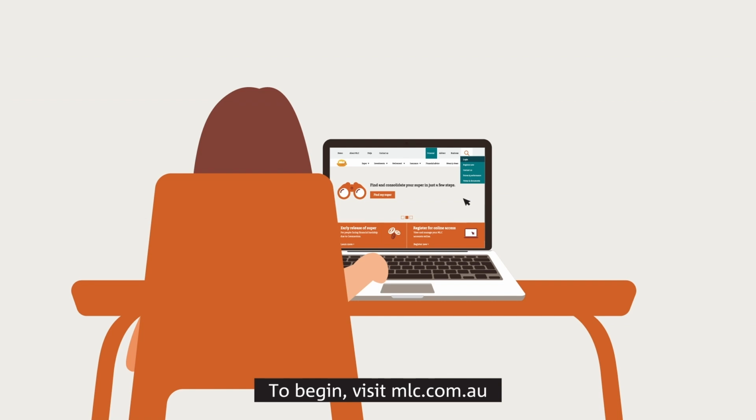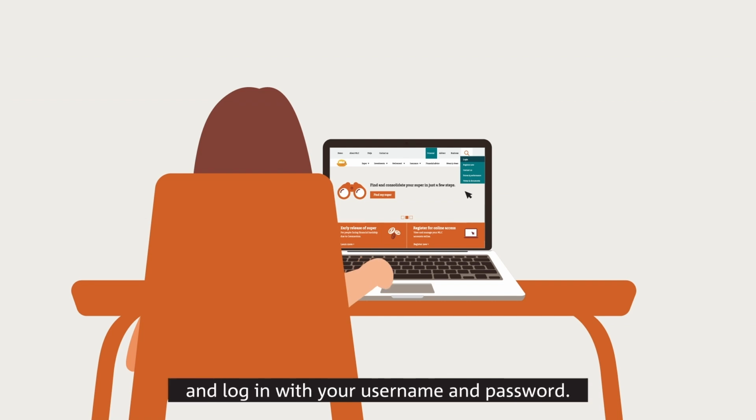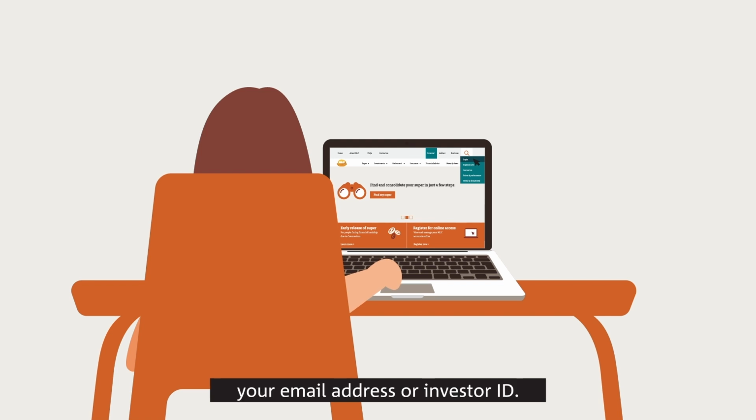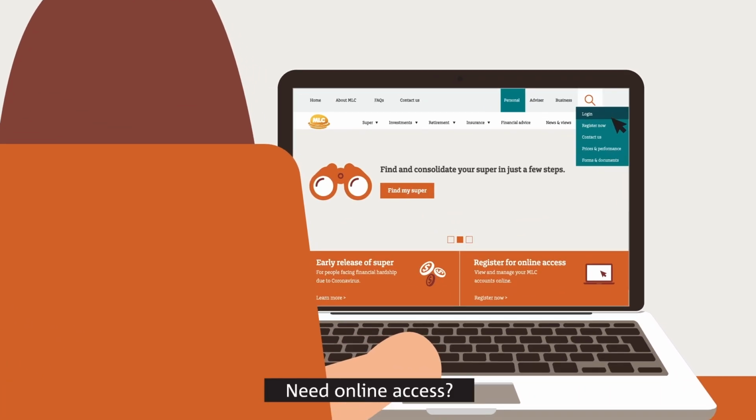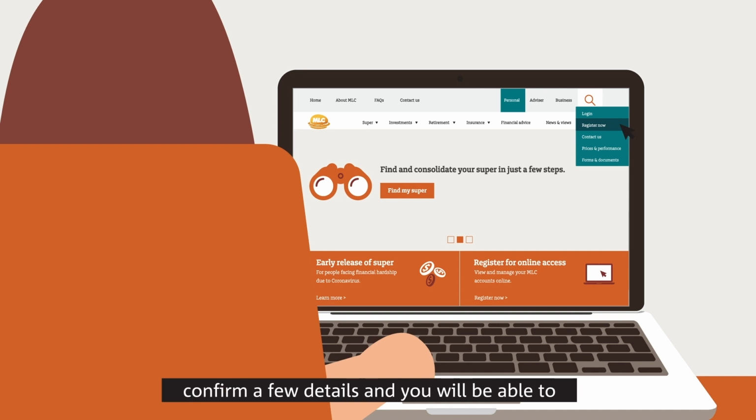To begin, visit mlc.com.au and log in with your username and password. Your username is your customer number, your email address, or investor ID. Your customer number and investor ID can be found on MLC correspondence. Need online access? Click the Register Now button, confirm a few details, and you will be able to choose a